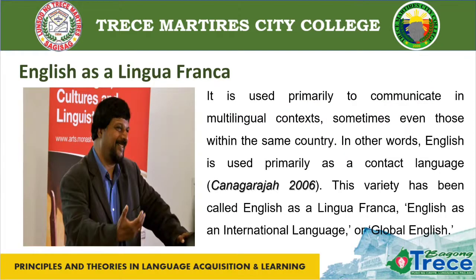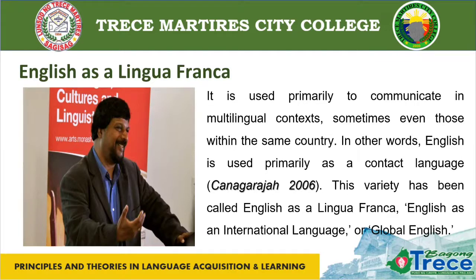English as a lingua franca. There are millions of users of the English language in Kachru's third circle, which is the expanding circle, who have learned English as an additional language. So it is used primarily to communicate in multilingual contexts, sometimes even within the same country. In other words, English is used primarily as a contact language, said Kankaanranta,